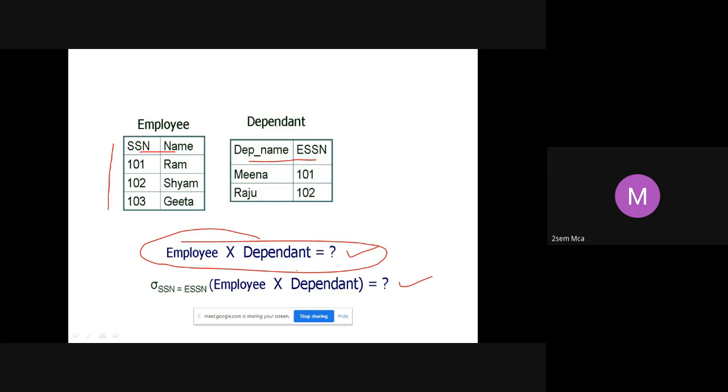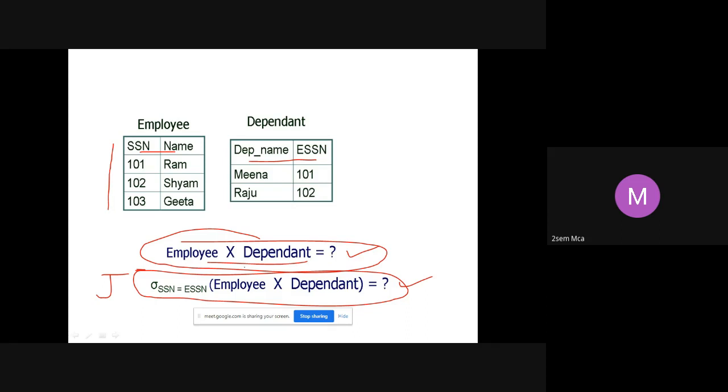I also told you that you can apply a select on the Cartesian product. That is what we have done here, and it is nothing but the join operation, because we are representing a condition. A Cartesian product will not have any conditions at all. We are simply taking all possible combinations between the two tables, employee and dependent. A join is a Cartesian product followed by a select operation, wherein a condition comes in because of the select operation.